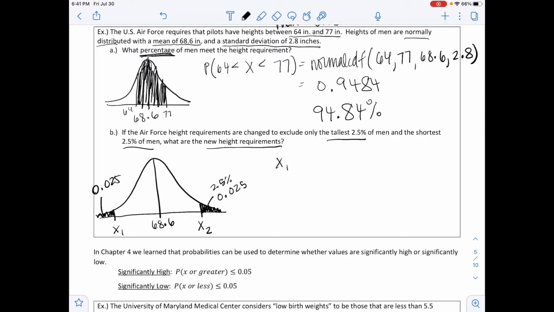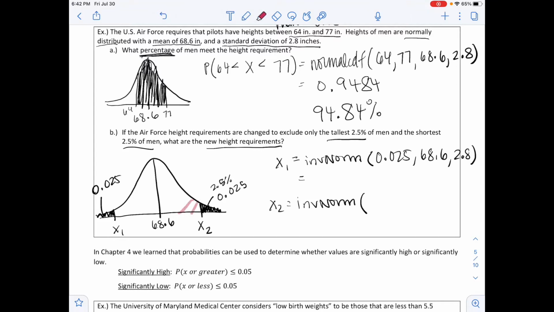So in order to find x1 and x2, we have to go backwards since we know that probability or that area. And to do that, we use inverse norm. And so x1 is going to be the area to the left, which is going to be 0.025, comma, the mean, which is 68.6, comma, our standard deviation, which is 2.8. And then likewise to get x2, still using inverse norm,